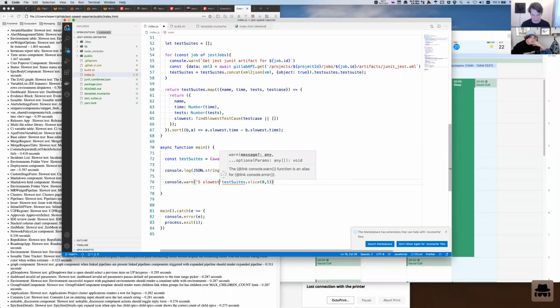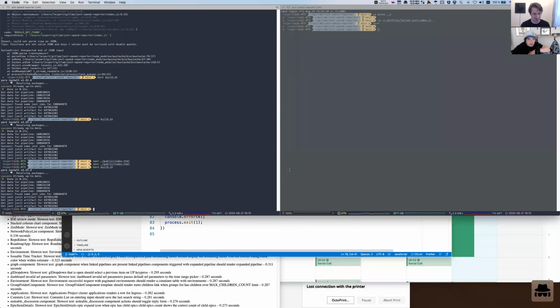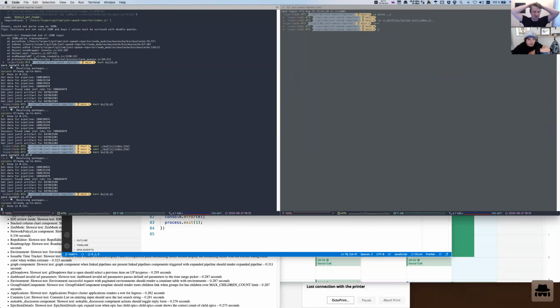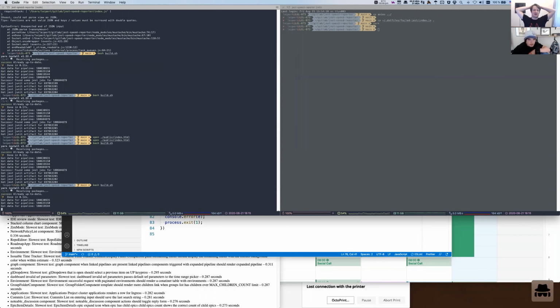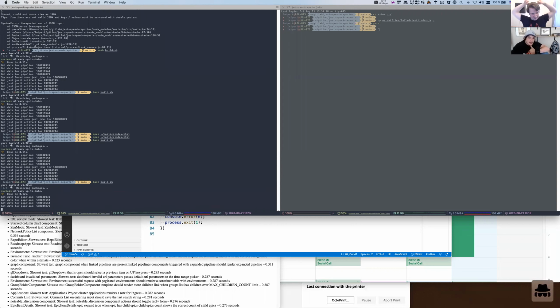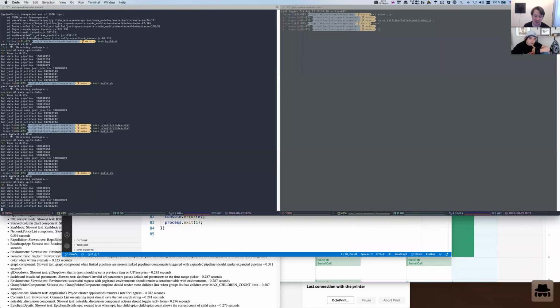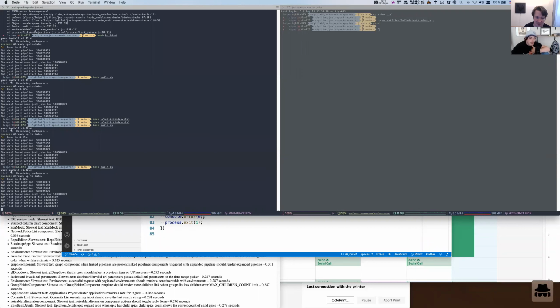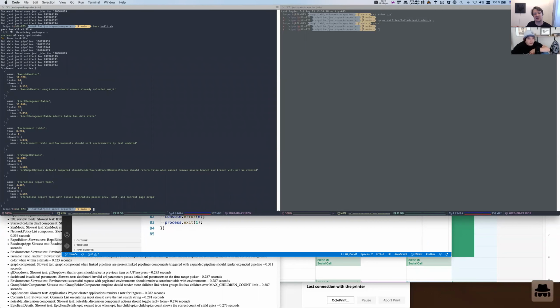5 slowest test suites. Yeah, I like that. So if you run it now, we at least have the output, right? Mm-hmm. Is there a way to get Node to cache some of these requests we're making? Yeah, to be honest, if you run it once an hour, it should be fine because we should have new pipelines anyway, and that's it. Right. By the way, this is the only data that